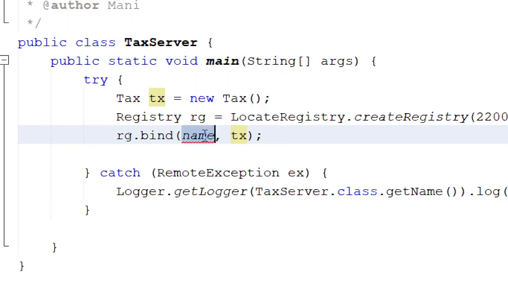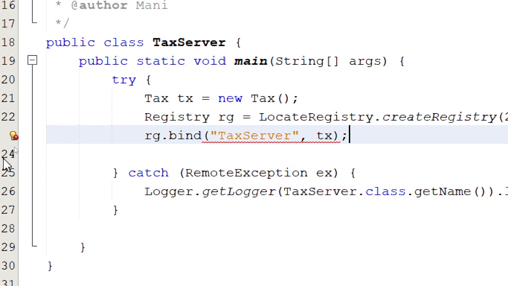So here you are supposed to give a name. How do you write your name? You are supposed to write the name. So I'm going to say tax server without the space. I'm going to do it. So don't unnecessarily put the tax. So this is it. And Java is not happy,